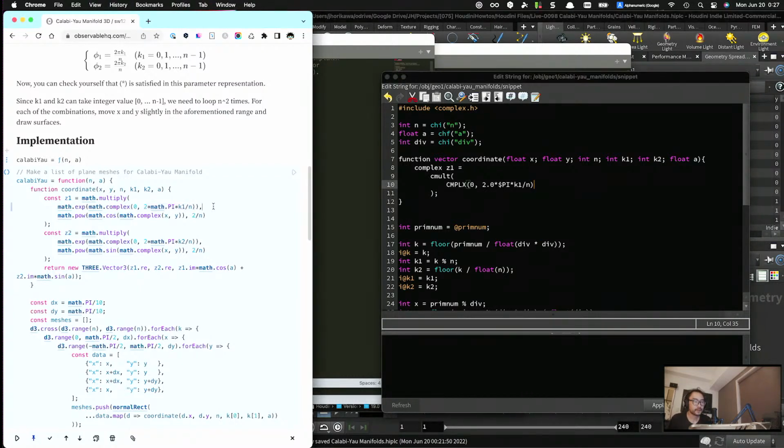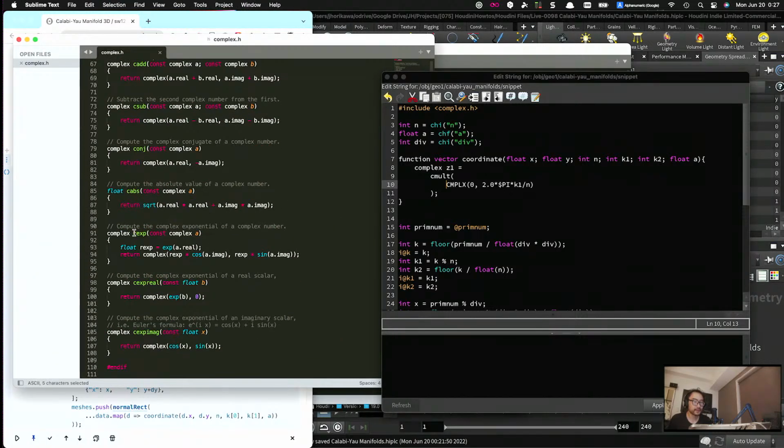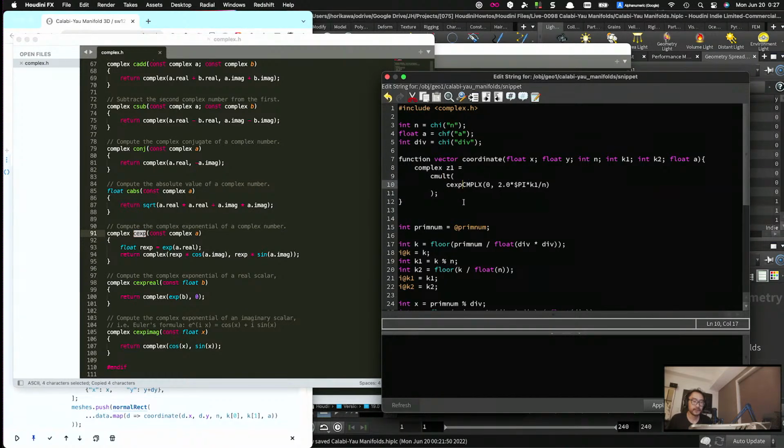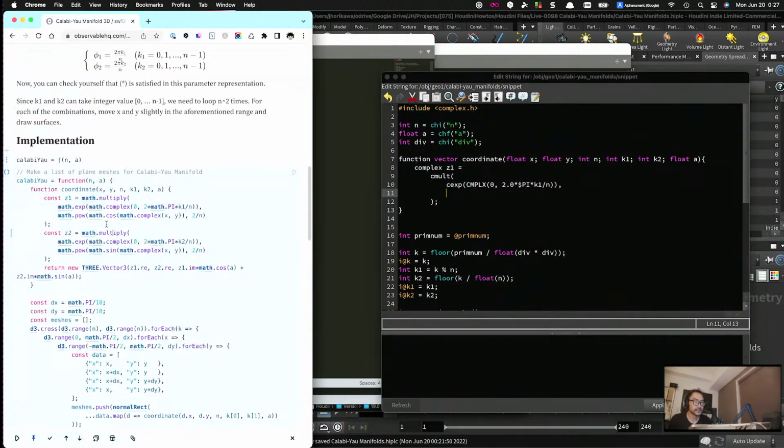Now, after that, it is using the exponential function for the result of this complex. So let's check what the exponential for the complex is, which is called cexp. So cexp. So this is the first line. Let's go to the second line. And we have another constructor for the complex. So cmplx, x and y. Then